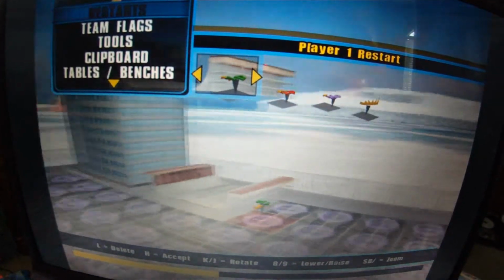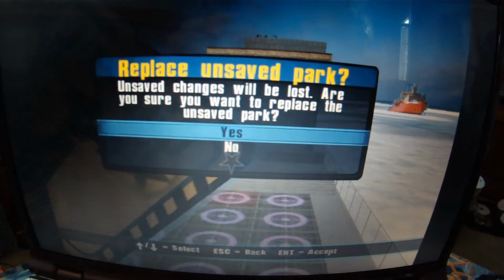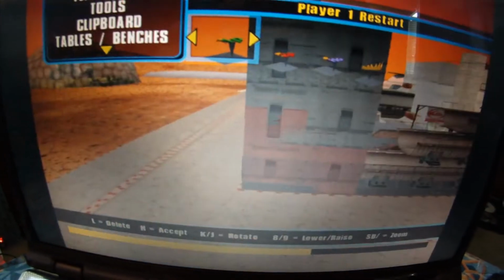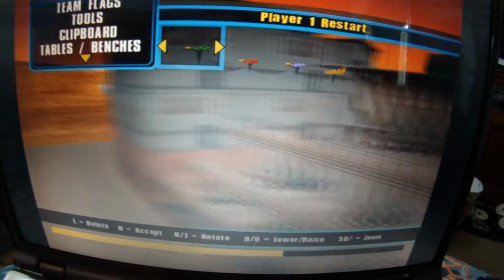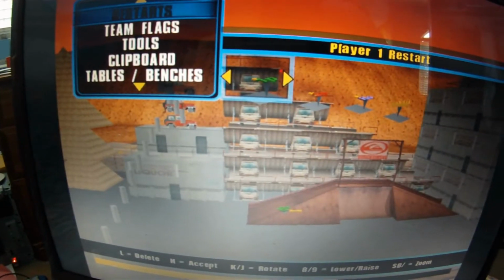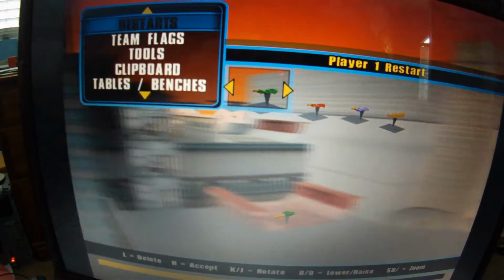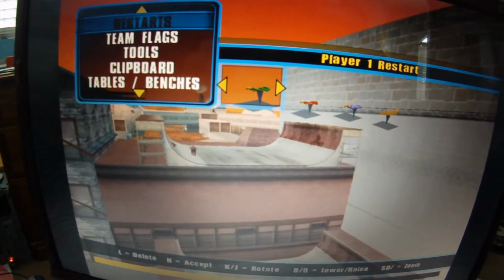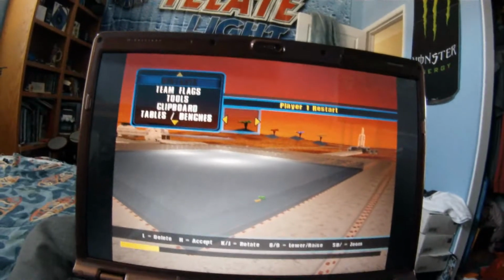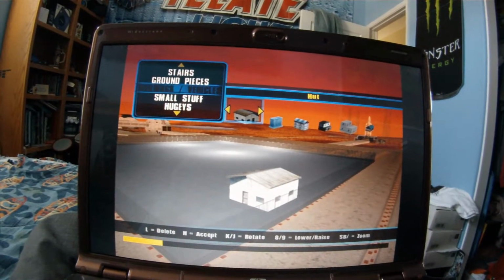I'll load a better example. You see all kinds of stuff just stacked on top of each other. Alright, so we're starting off with a fresh park. What we're going to do is we're going to find the objects we want to stack, and